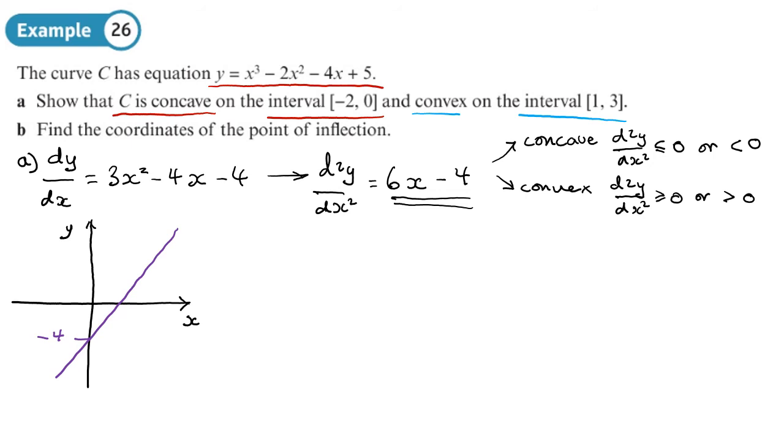Now we can work out this point here where it crosses the axis. That point there is where 6x minus 4 equals 0. So 6x equals 4, x equals 4 over 6, which is 2/3. So that point where it crosses the axis is 2/3. Let's put that on. So this is basically this graph, and we want to find out